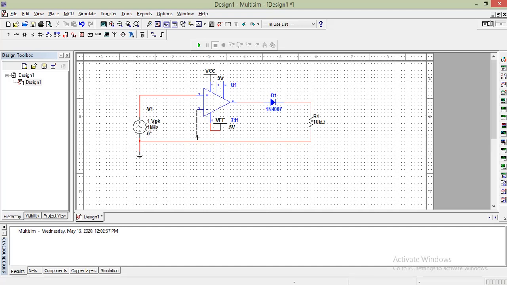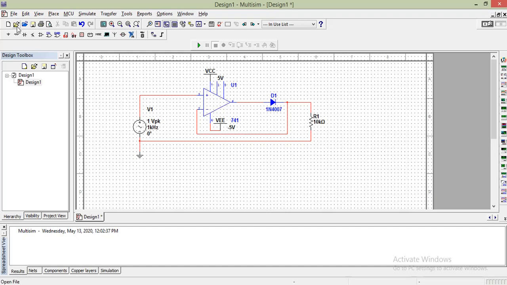This inverting terminal should be connected to the output like this. This is the voltage follower. So inverting terminal is connected to the output. If you want to delete anything, just click on this and press delete on your keyboard. So it gets deleted. You want to make connection, click over here and make the connection. Okay, so the connection is done. If you want to delete, click that particular wire and press the delete button on your keyboard.